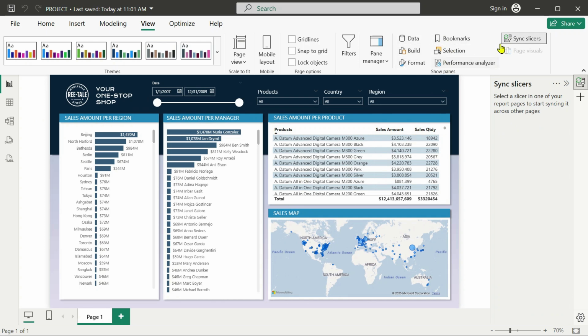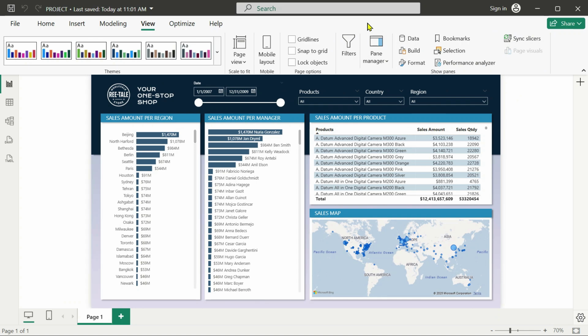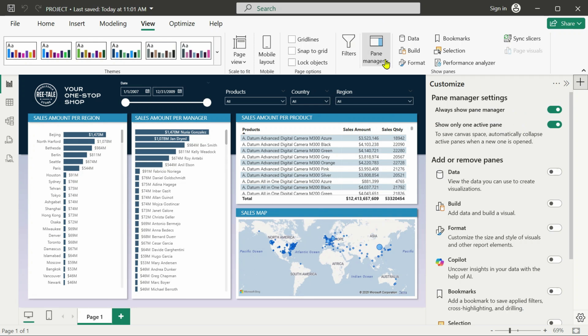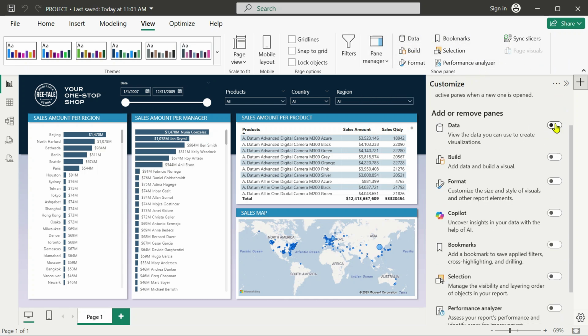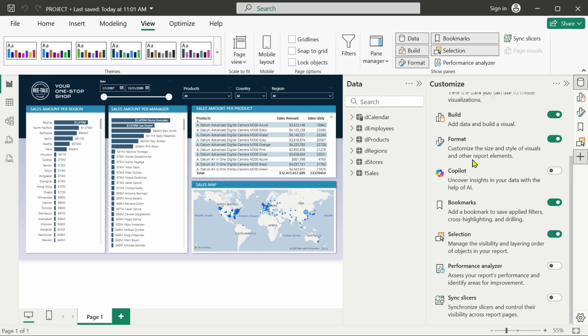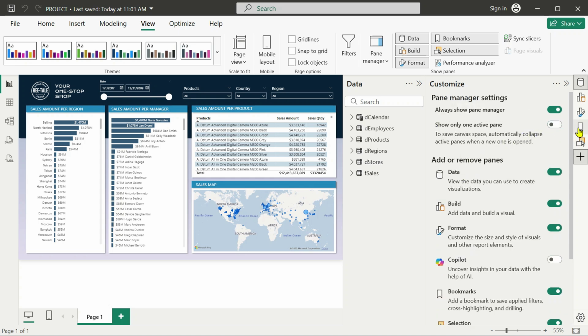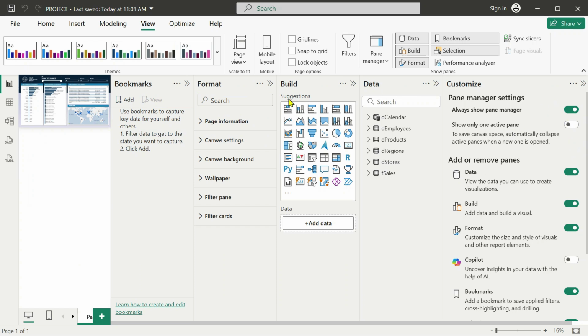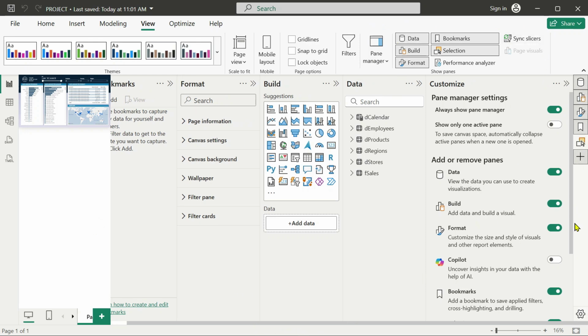And what else? Everything you do from this pane on top, you can do from here. You click the plus button, and look, pane manager, these options here are the same ones right here, and these panes on top that you can select are the same ones as here. So you can enable the ones you want, and you can select show only active pane or not, in which case you will have all at the same time. So there's a lot you can do, basically the same things from this panel on top, or using the pane manager, which is this little vertical strip on the right.